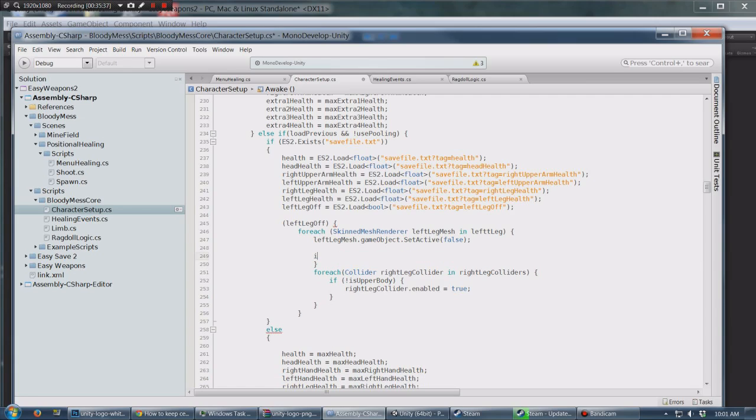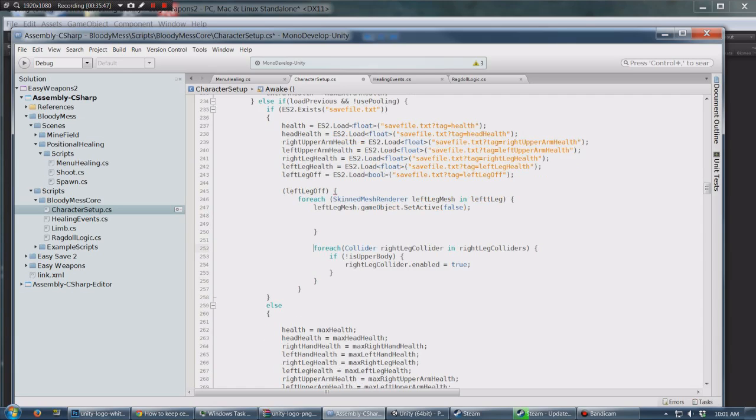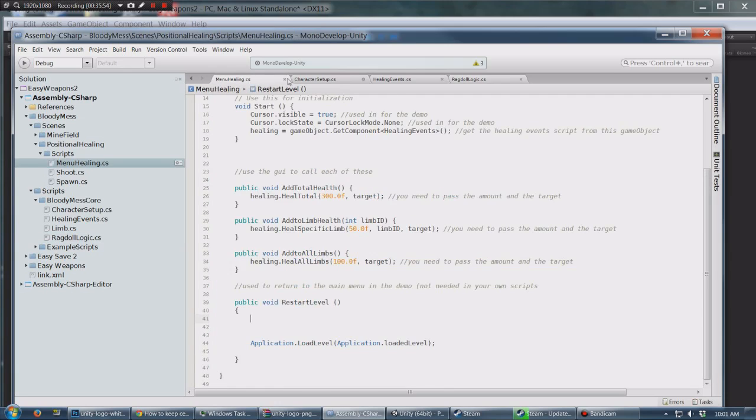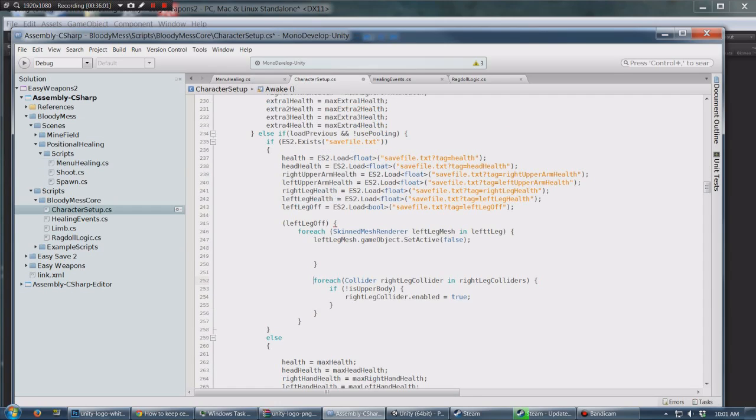You don't need to turn on the blood, but you can if you want. And then you do the same thing for the left leg collider. It's literally just, you do a whole bunch of if statements just like I did with the ragdoll logic. And that's how you could pass and set up like a zombie with its arm missing coming through the door. Generally, if you want to have enemies coming through like a Skyrim or a Fallout,